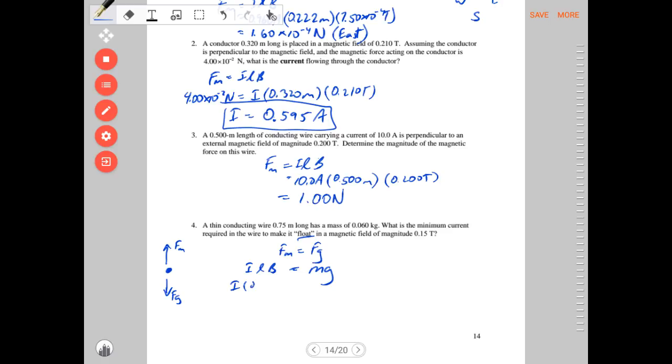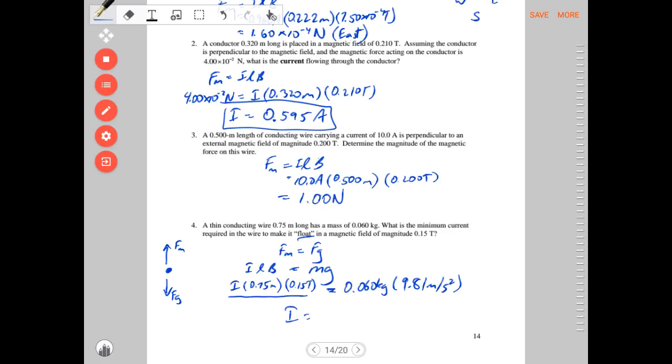The L is 0.75 meters. The B is 0.15 teslas. And that has to equal, look how this question was so nice and they gave us mass, 0.060 kilograms. And the g, of course, on Earth is 9.81 meters per second squared. Okay, so we do a little bit of algebra. Basically, we're going to divide the 0.75 and the 0.15 to both sides, and we get I equals